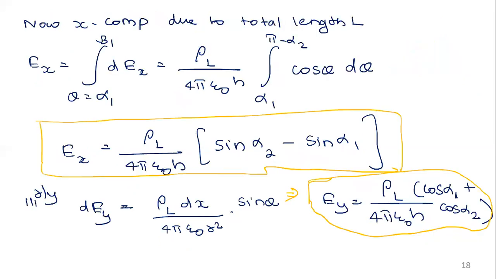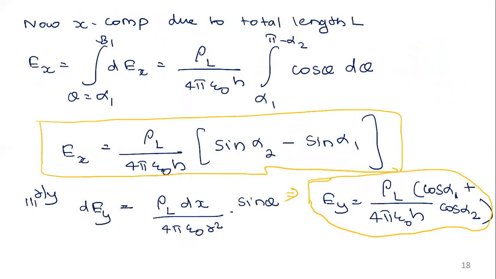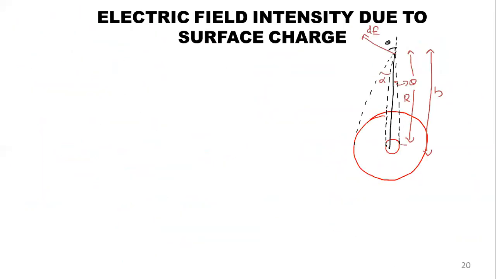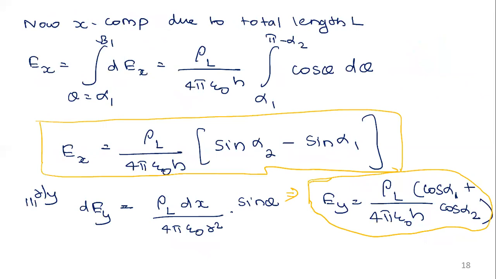Yes, sir. Okay, so now we don't have time to start surface charge. Same way, I was actually prepared. Same way, we will find the electric field intensity due to a surface charge. We take a circular disk there. So next class we will do that. I thought of finishing both today and going on to numerical problems in the next class, but let me see. For surface charge, the same procedure applies, but the derivation and angles and everything we take will be different.